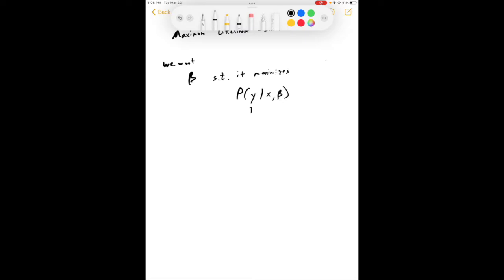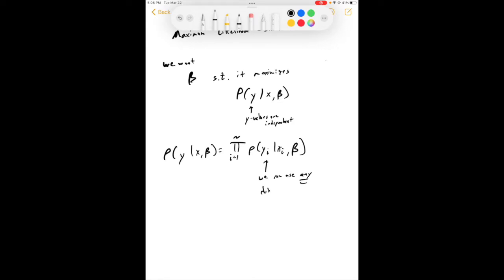Now, because y values are independent, we can say that the probability of y given x and beta is actually equal to the product from i equals 1 to n of the probability of y sub i given x sub i and beta. Now, the best thing about this is that we can use